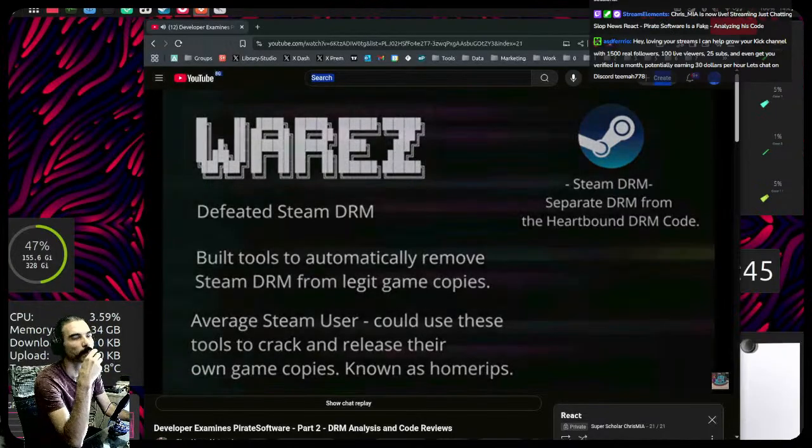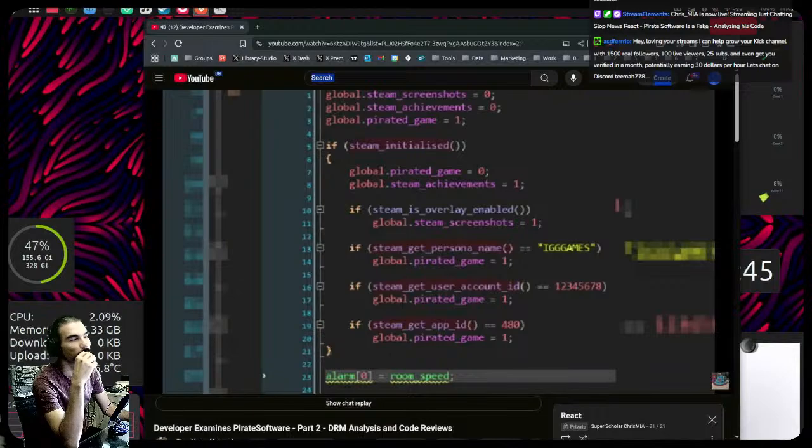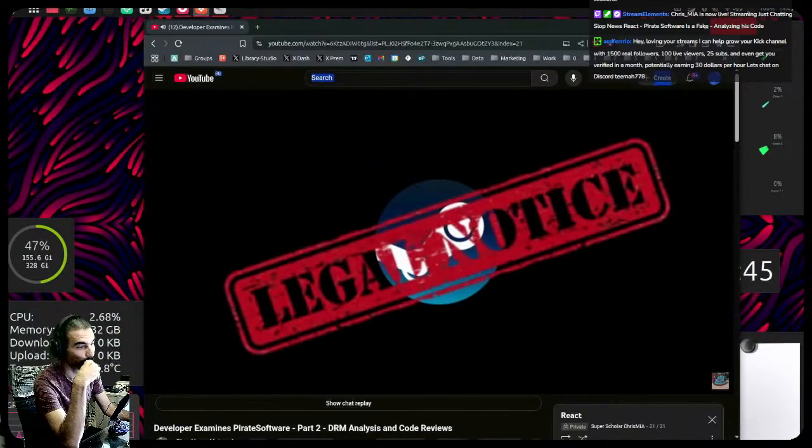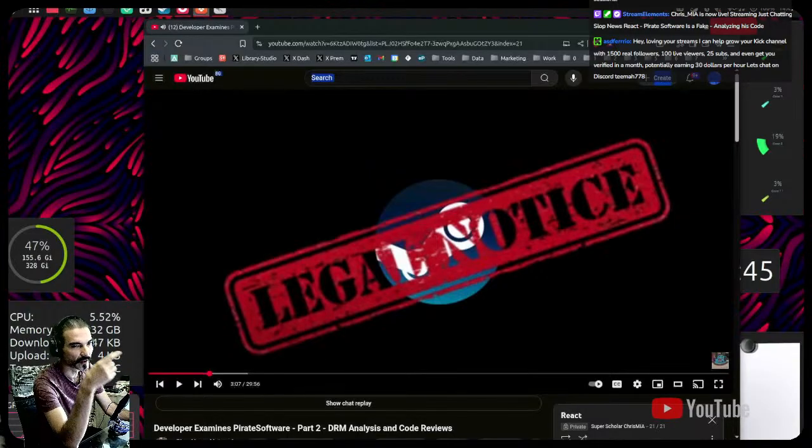Next, we have the Steam functions that we saw in the Heartbound DRM code that we need to address for the Champions of Breakfast DRM. For this issue, let's talk about Steam client emulators. These are programs that mimic some legitimate Steam client functions and fake some of the other functionality you expect. Basically, spoofers. They create a local server.